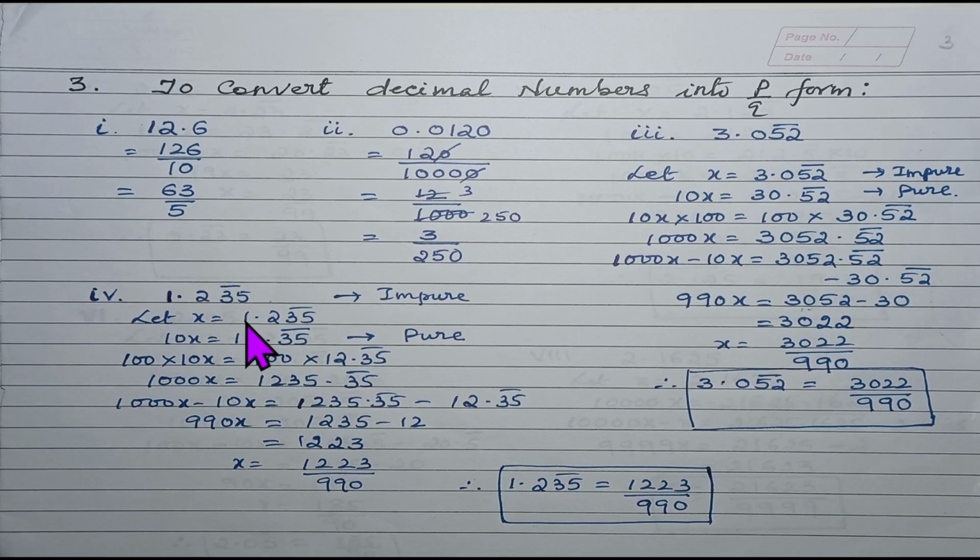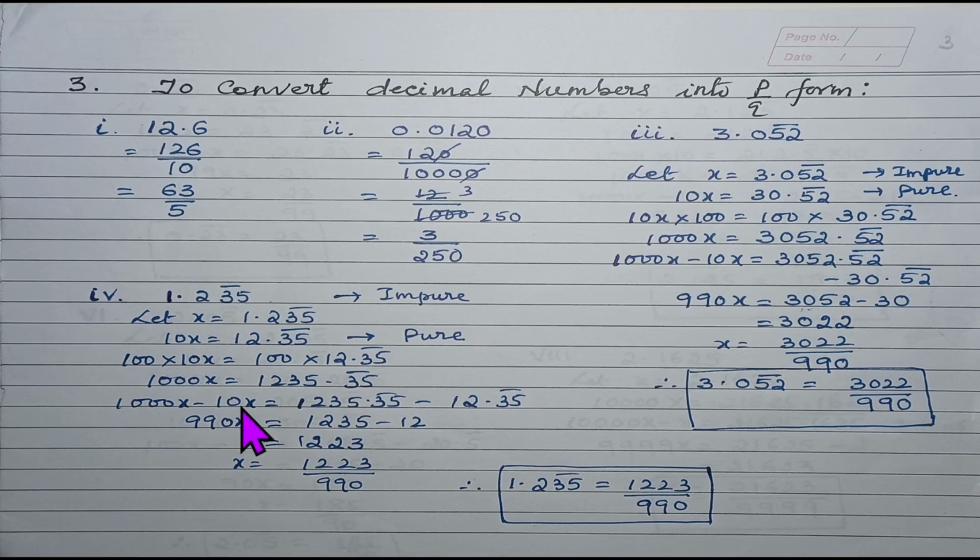So move 2 to the integer part, that means it becomes 10x is equal to 12.35 bar, and again 35 you have to move towards the integer part. So multiply by 100, we get 100 into 10x is equal to 100 into 12.35 bar, that is 1000x is equal to 1235.35 bar. Now subtract 10x, subtract this 10x. Please subtract 10x from 1000x, we get